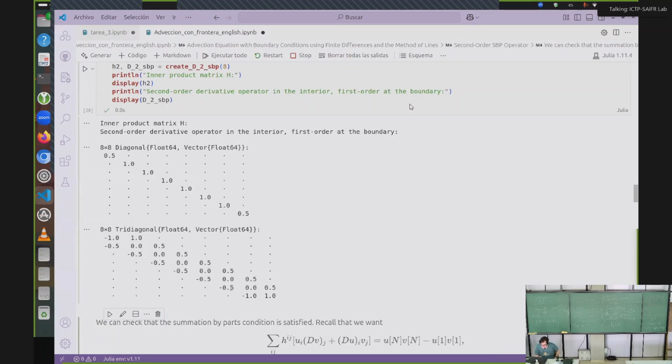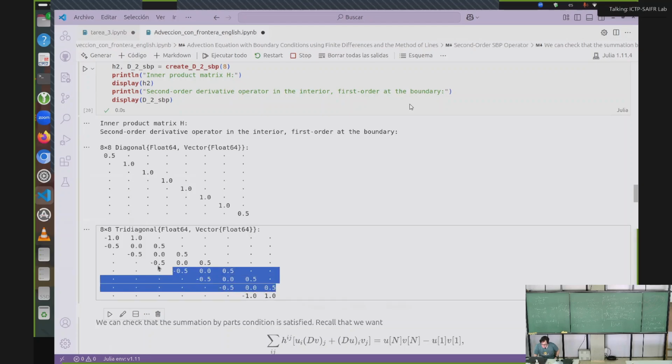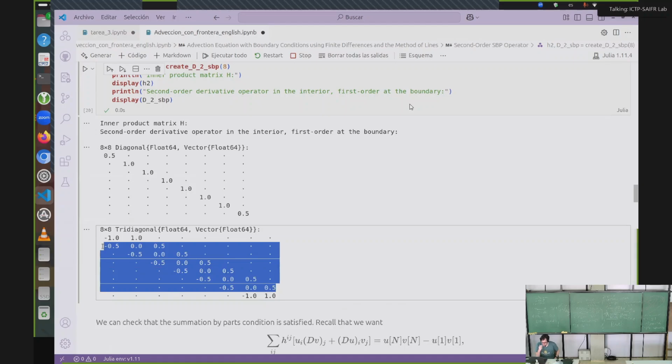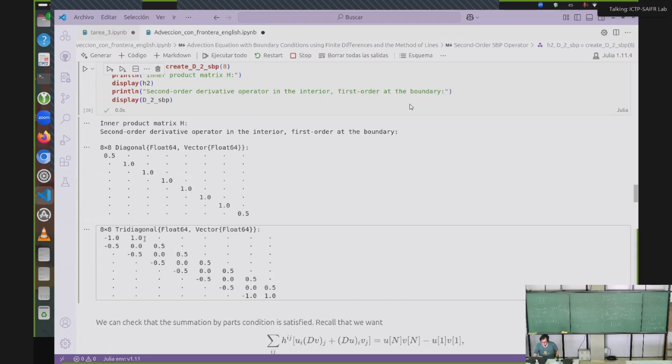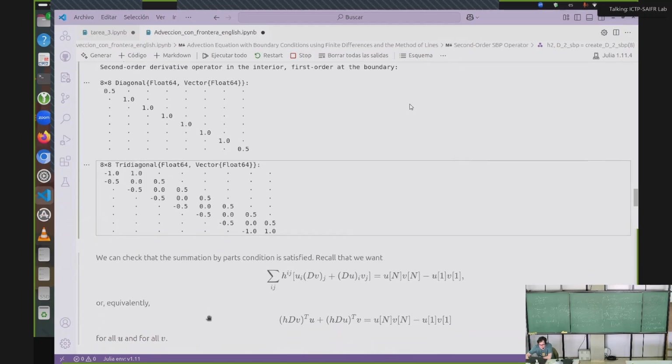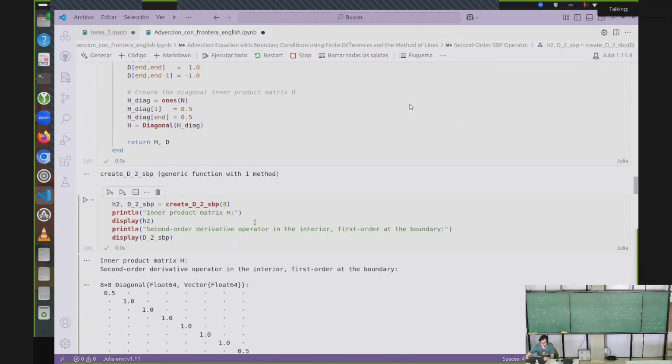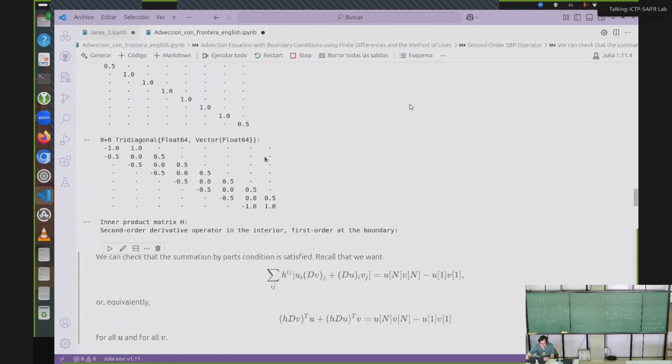And you notice that basically everywhere we have some central scheme, the second order scheme, and then at the boundaries we actually take first order derivatives. So we will lose a bit of order in the derivatives in this part of the